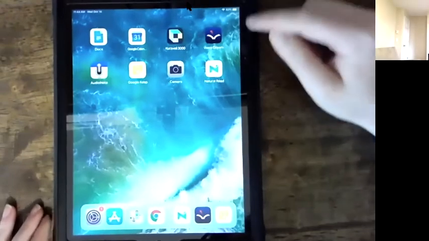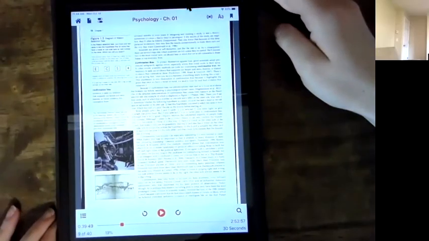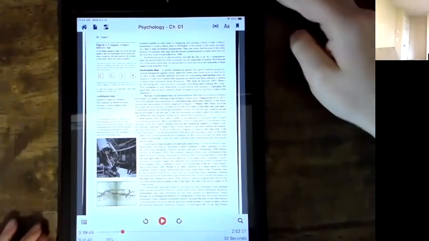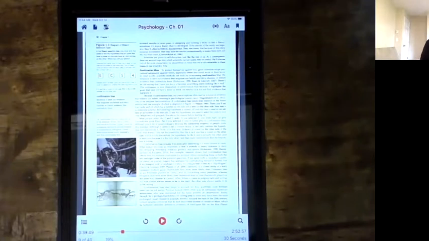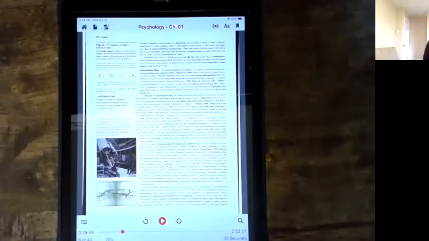Voice Dream Reader I have right here, so I'll go ahead and select that to open up this application. And Voice Dream Reader is one that you would need to purchase because they don't have a free version that you can use. But this is along that middle range. So Natural Reader was on the lower end, Voice Dream Reader is in the middle, and then when we talk about Kurzweil, that's on the far end of being the gold standard of text-to-speech technology. So Voice Dream Reader has note-taking capabilities and the voices sound a little bit more natural.